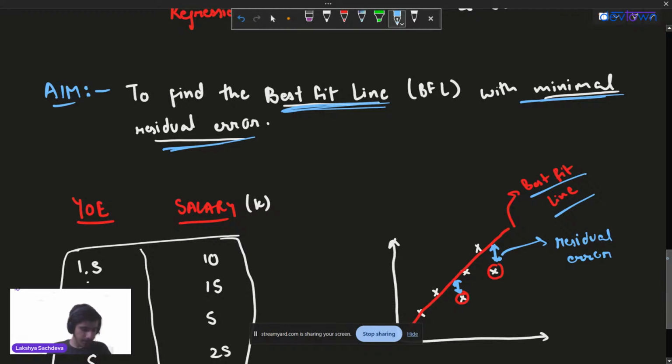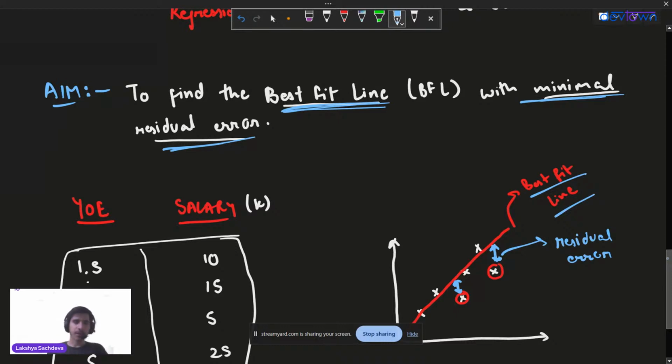Is this clear, guys? The aim of the linear regression, is this clear? I am taking this graph just for the example, for teaching purposes only. Not like each and every time you want to train a model you are going to create a graph. It is not like that. Okay, so till now everything is clear.